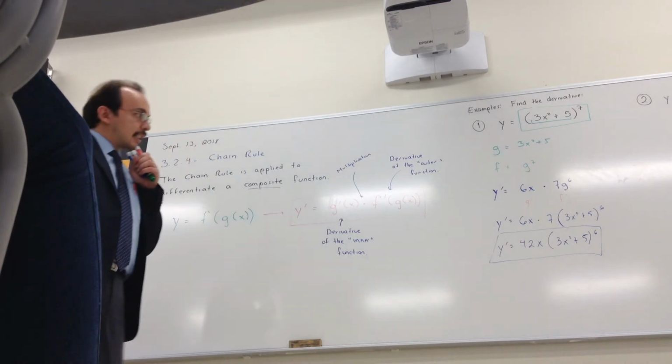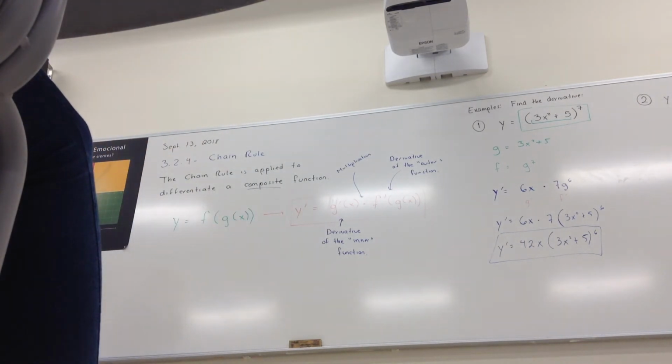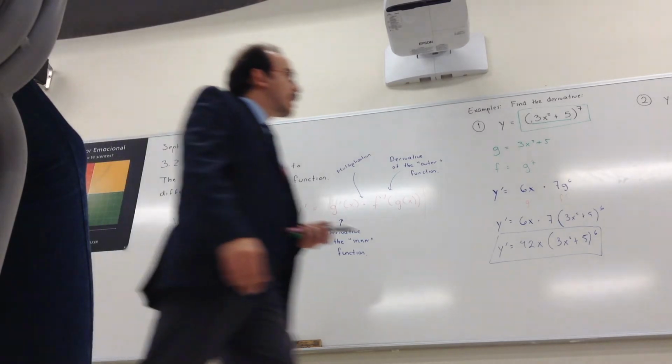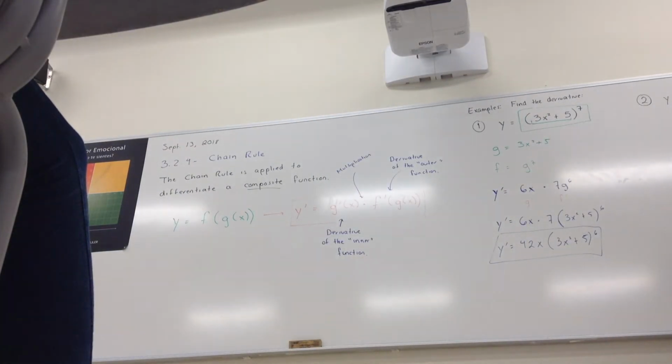Fine. Next one. Let's say we have ln of sine of the square root of x. Let's observe. How many components do I have? 2, 3. I have 3. Why? Because in this case, that square root of x is different than just x. So we consider that as a separate function, a separate component. So we're going to use another letter. Let's use H,